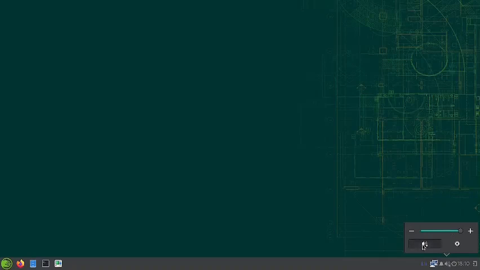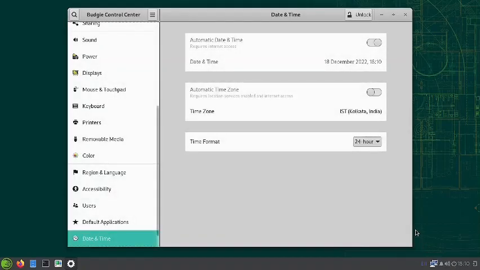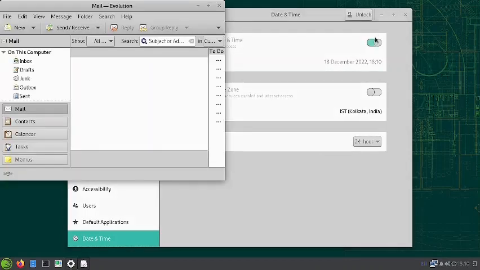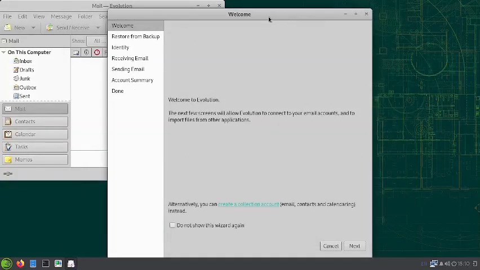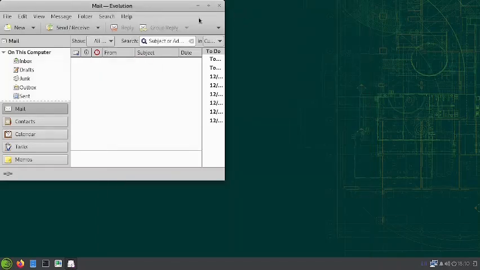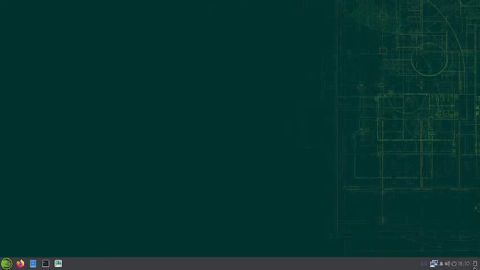Then you have got volume mute, unmute, and then you have got the volume settings. There is a button where you can go and do advanced volume settings. Then this is the system time and date settings. Then you have got the calendar also here. So clicking on system date and time will open up the system settings. And finally, there is this icon for the